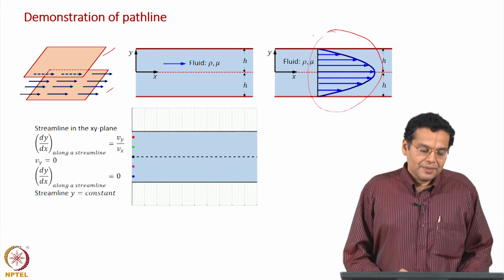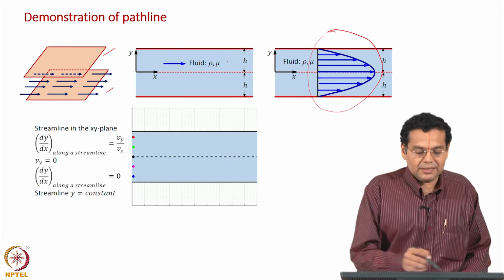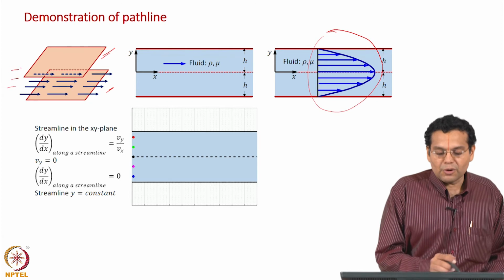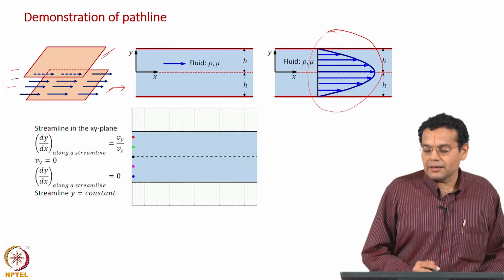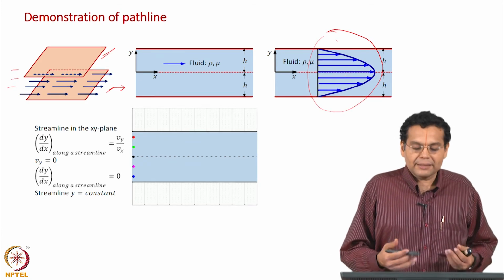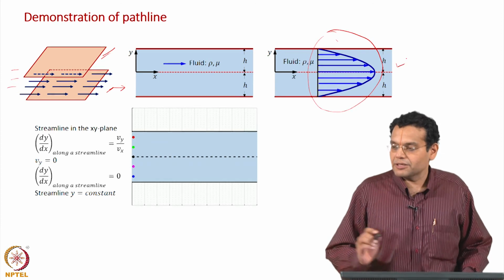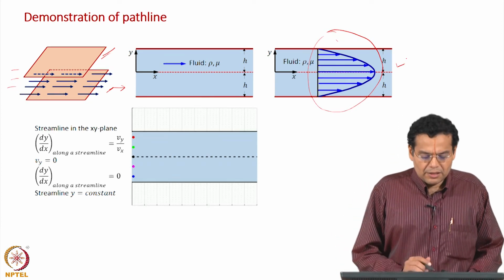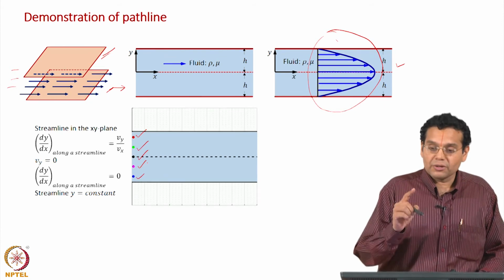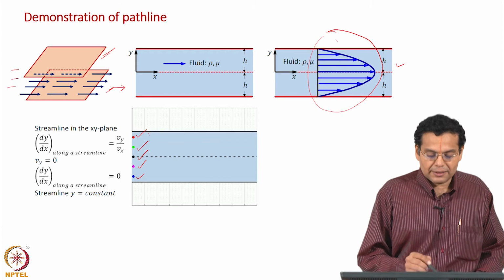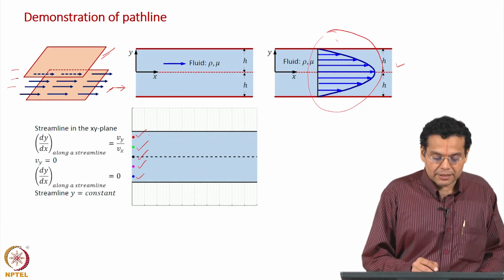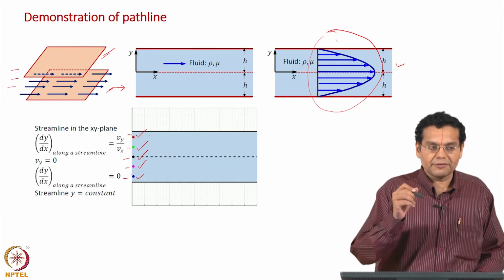So, as I told you, we have a region between 2 plates and you have flow in this direction, and there is flow only in the x direction, and this region has this velocity field and our path line will represent this velocity field. Now, what I have shown here is different fluid particles, each will give different path lines. This will give one path line, this will give another path line, etc., and they are identified by their initial position. That is what we said, we identify a particle by initial position.